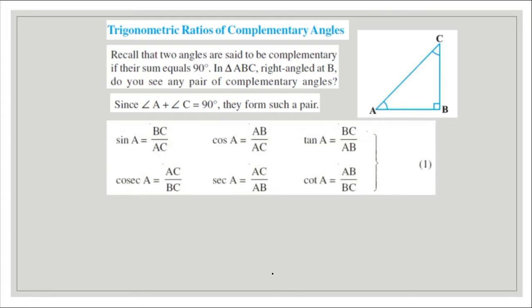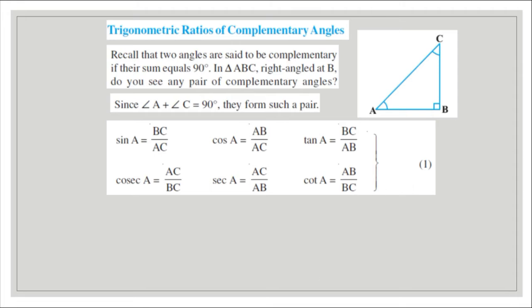Sine of the angle A is BC by AC. Cos of the angle A is AB by AC. Tan of the angle A is BC by AB. Cosecant of angle A is AC by BC. Secant of angle A is AC by AB. Cotangent of angle A is AB by BC. Let me name this as 1. If you further observe,